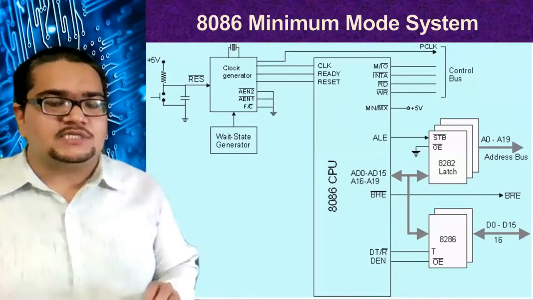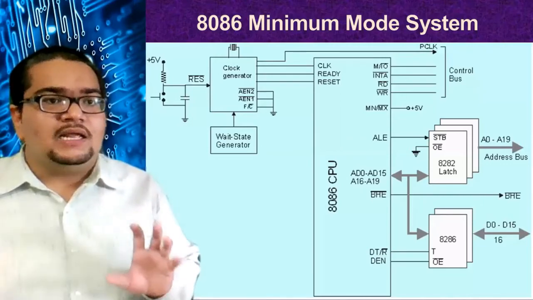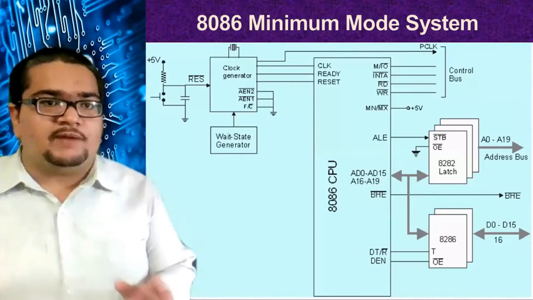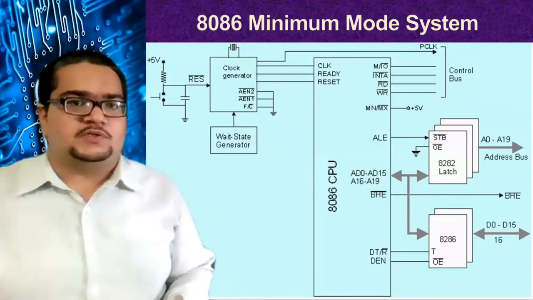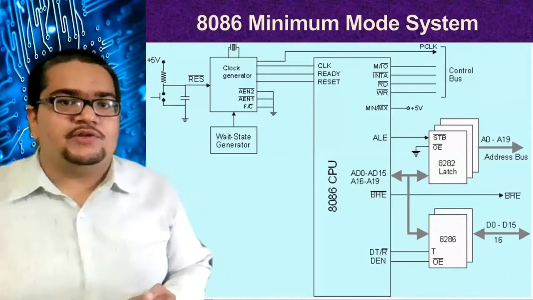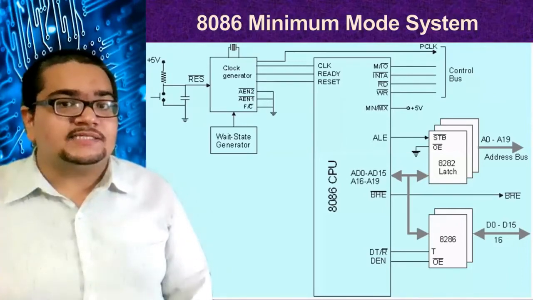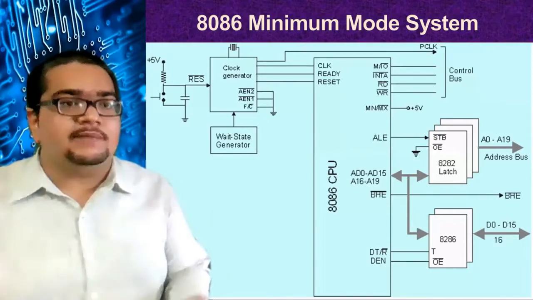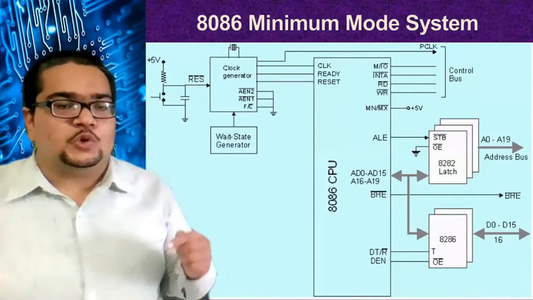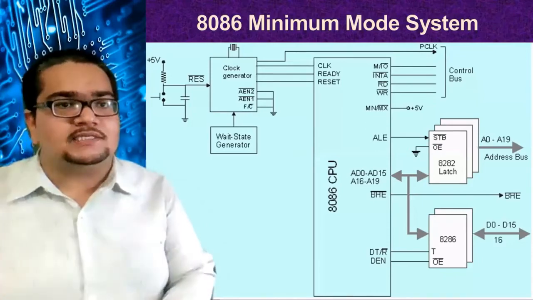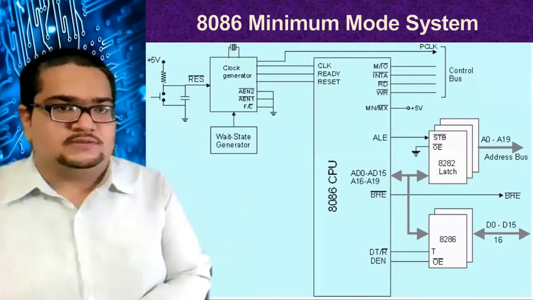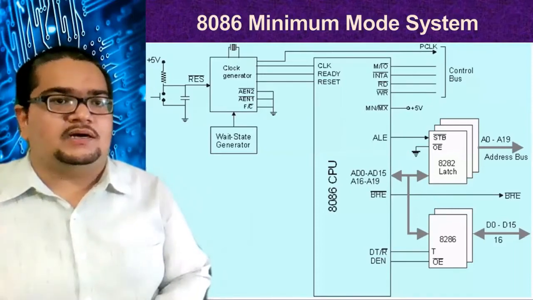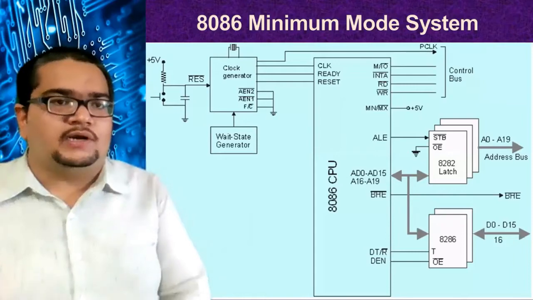So 3 latches are there to store the 20-bit address. These latches will temporarily hold the address through one machine read or write cycle of the processor. And here you can see ALE, which is given as an input to the strobe pin of the latch. The strobe pin is the latch enable. So ALE indicates when to enable the latch so that the address can come into the latch and stay there for a certain amount of time. Latches are temporary memory storage devices. You already know that.